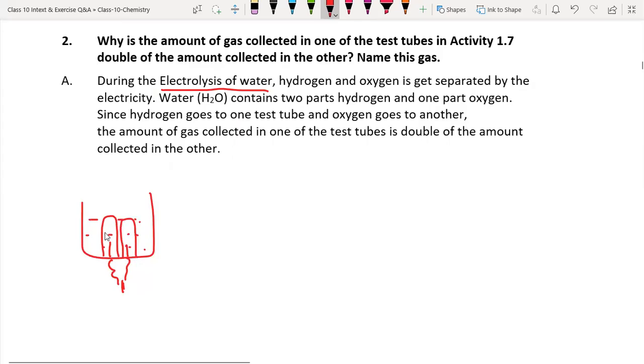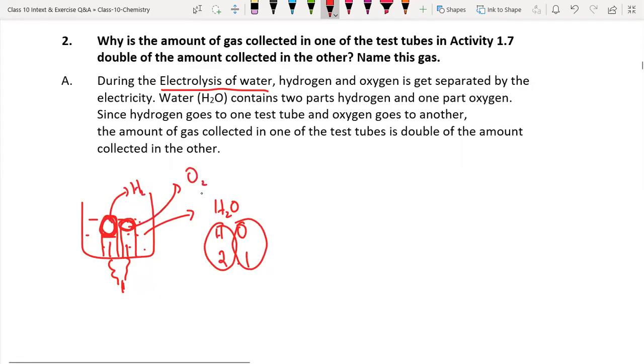In one test tube, the level of water will be this much, I mean this much space will be there, and in another test tube the level will be only this much. Now if you see what liquid you are using here, it is H2O, and if you observe hydrogens, how many hydrogens? 2 hydrogens. How many oxygens? 1 oxygen. So water will be forming in 2:1 ratio. Now which one is in greater count? Hydrogen in greater count, oxygen in least count. So if you see more gas, that is representing hydrogen gas. If you are seeing less gas, you can say that one as oxygen gas.